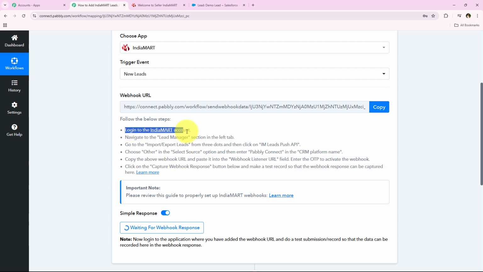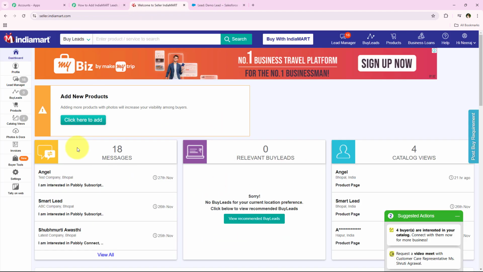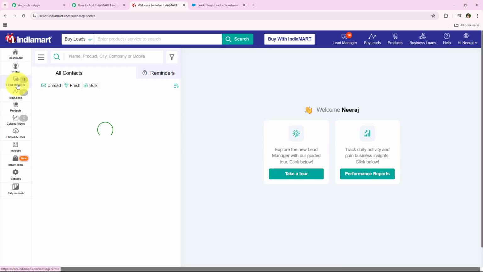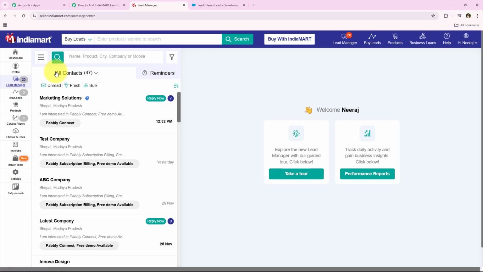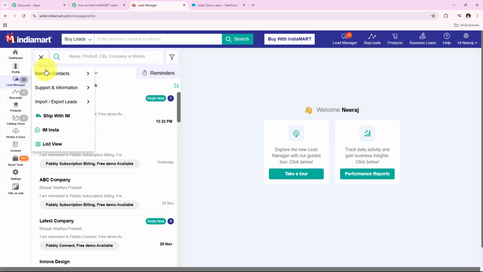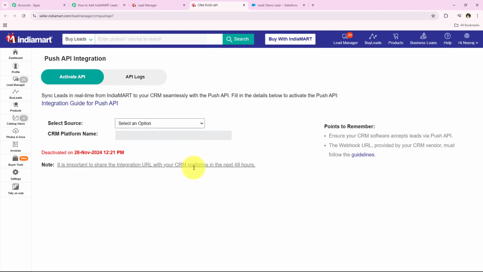it is saying log into your IndiaMART account, navigate to the lead manager section in the left tab, go to import export leads from the three dots, and then click on I am leads push API. Okay, we are going to follow the same. I'm going to open my IndiaMART account right from here, and as you can see the same. And now from the left side of the bar we have to go on this lead manager, and after coming on this lead manager you can see three dots which says menu, and then import export leads, and then push API. Okay, so I'm just going to come right over here, and now it is asking me to select